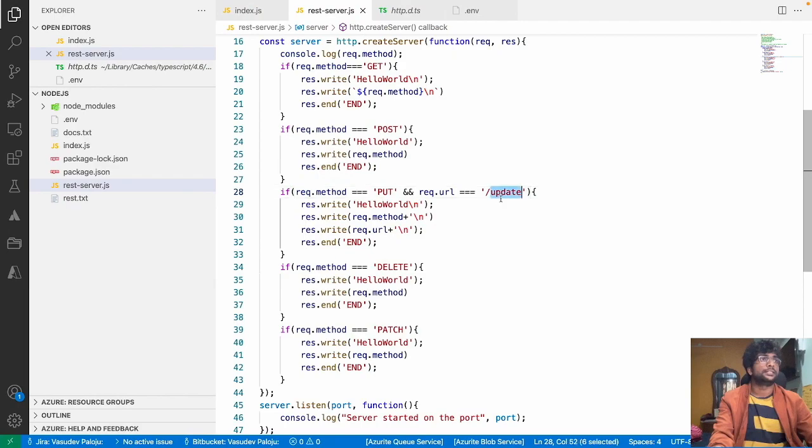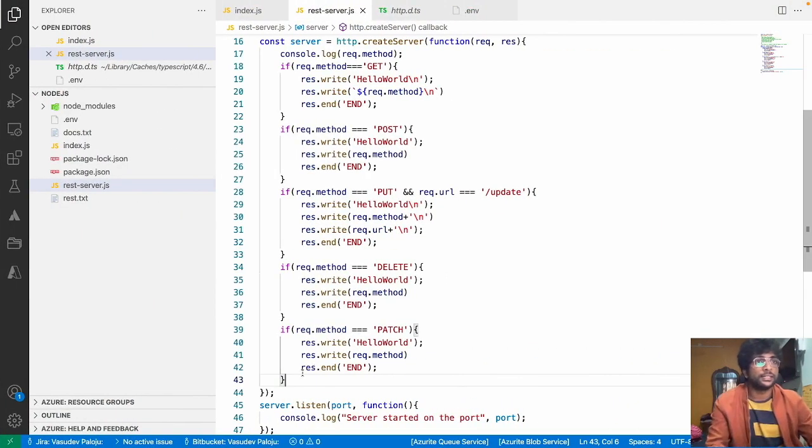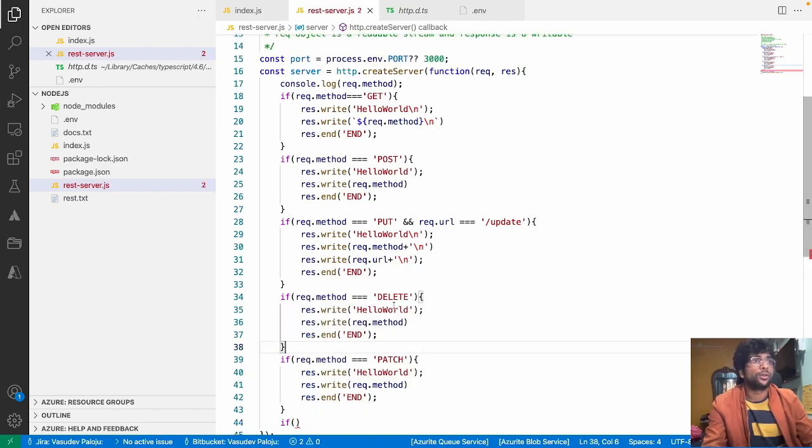So hence it is not giving us any response. So see, sending request but no response. So to handle this case as well, we can say, or what I would say is,